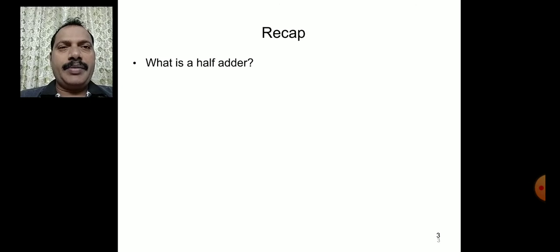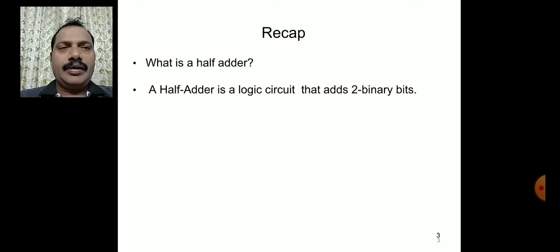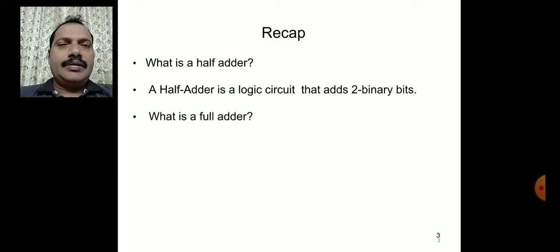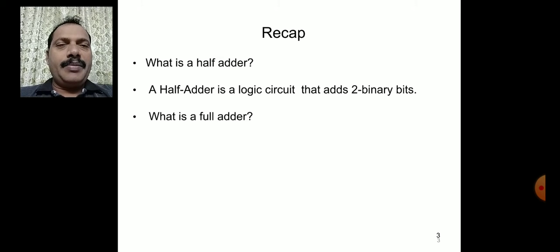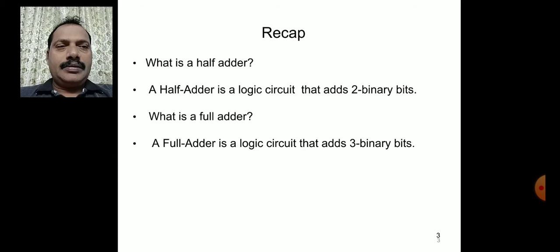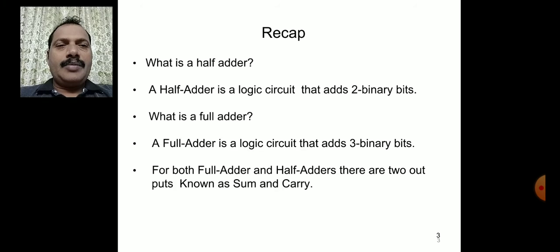So in the previous class we discussed half adder, that it adds 2 bits, and full adder we have discussed and we have written Boolean expressions, and with that we implemented the logic circuits. It adds 3 bits data. For both full adder and half adder there are 2 outputs known as sum and carry,